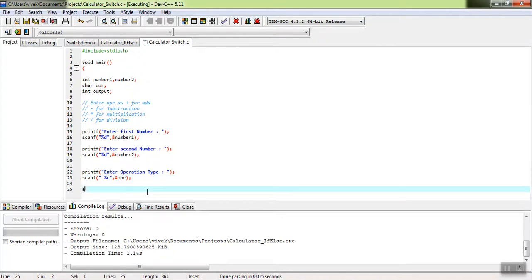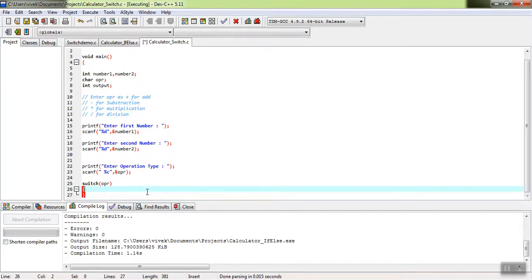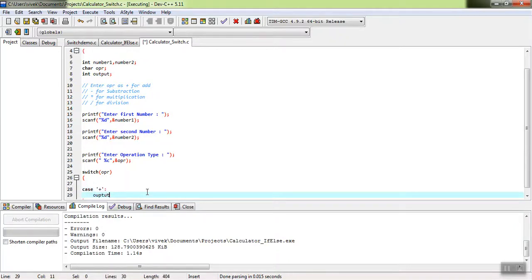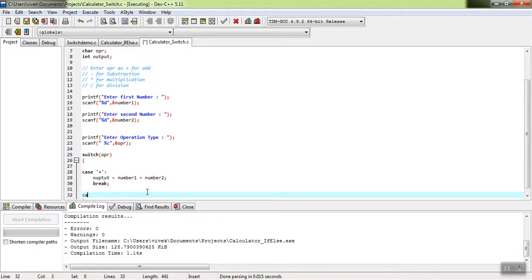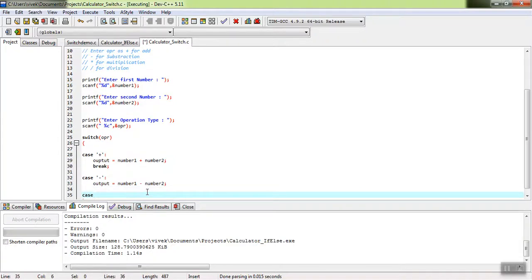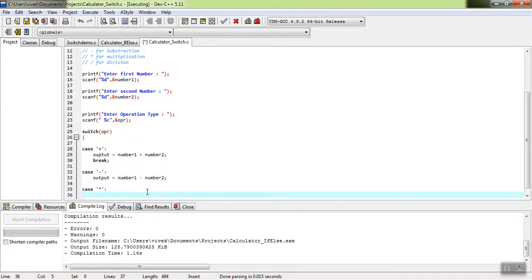Okay, so once we have got the input in our operator, we can use a switch statement to evaluate what the user has entered. So here we will be looking for the OPR value, right? And accordingly we will have case statements. So first case will be plus. So if plus is entered, your output will be equal to number 1 plus number 2. Don't forget to use the break statement, otherwise it will execute your next case attached to the next case statement. If it is minus, say output equal to number 1 minus number 2. Case 3 is your multiplication, so you look for the star symbol, and if this is the case, output will be equal to number 1 into number 2,